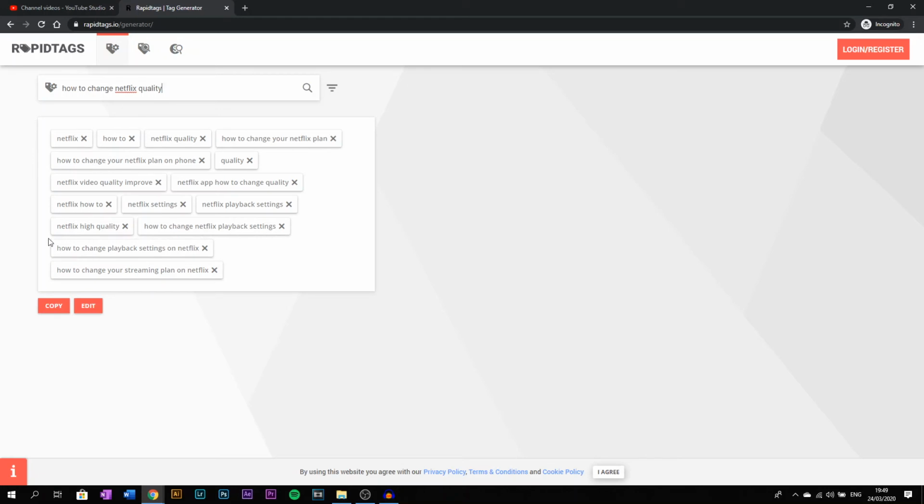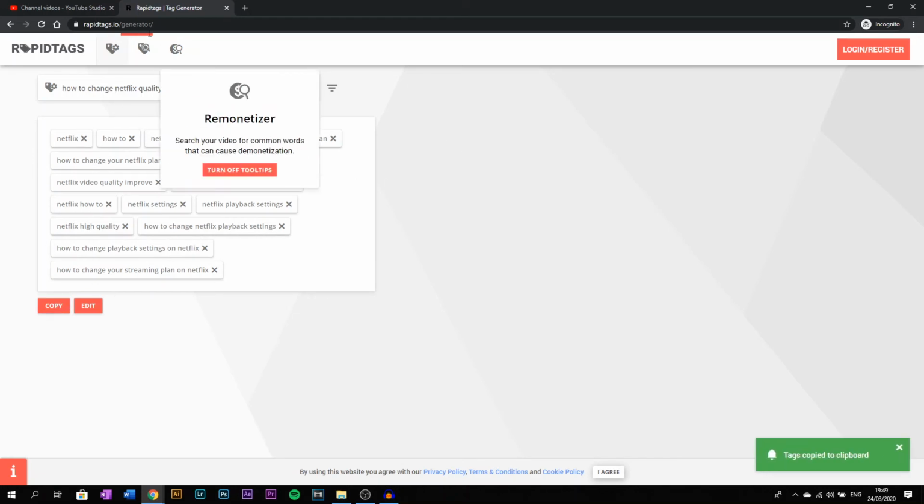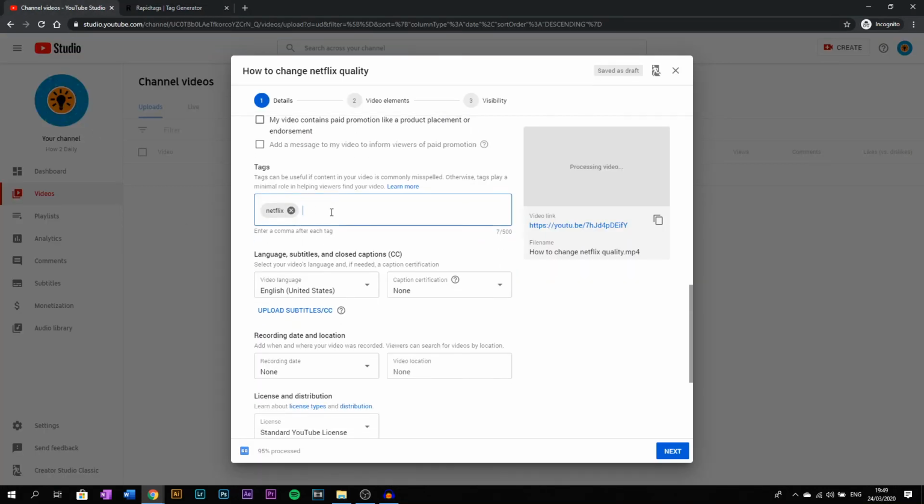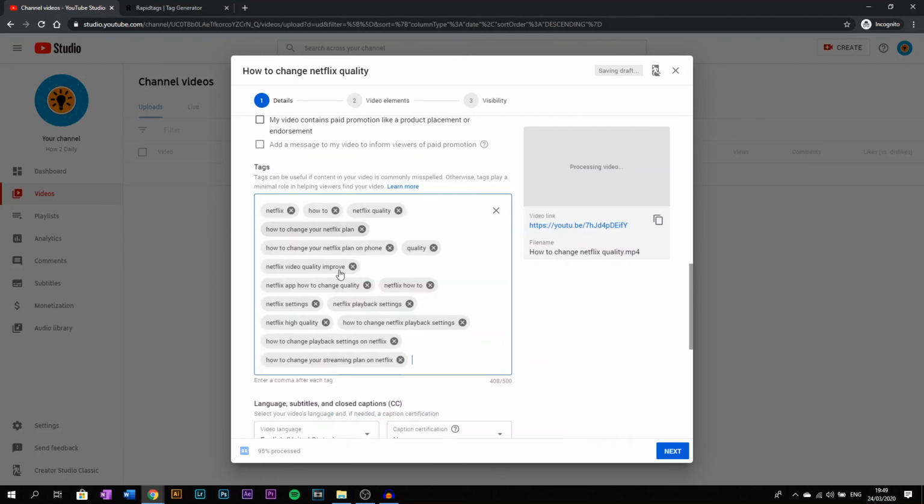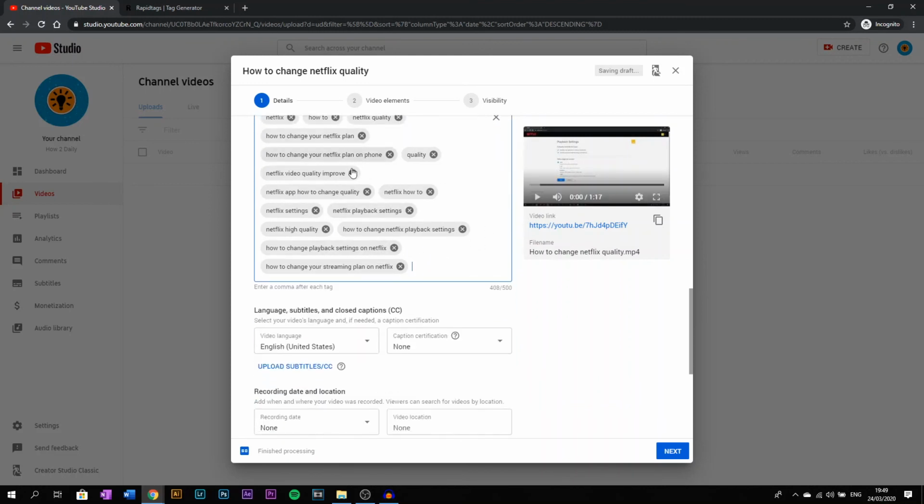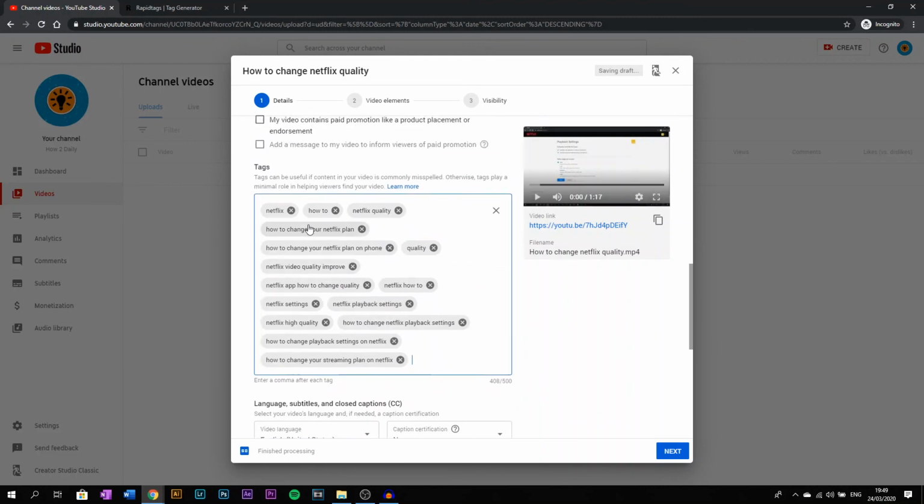So you can simply just copy all those tags, go to your video, press Ctrl+V, and there it is. All your tags have been added, and this is how you add tags to your YouTube